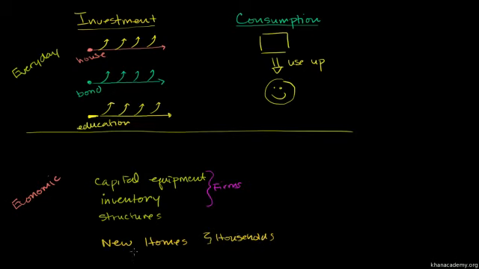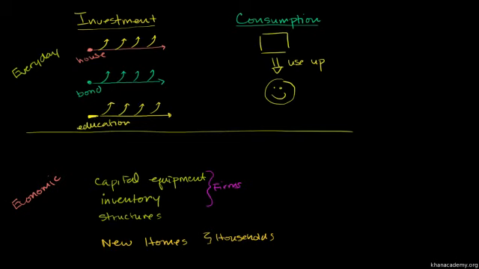Actually, the buying of a house does not show up in consumption or investment because nothing new was produced. Something just changed hands. So whenever we talk about any of these things, especially in kind of precise economic terms, it's the production of new capital equipment, new inventory, new structures, new homes. If I just buy a factory from someone else, that does not add to GDP. It would not be considered investment or consumption because I'm just transferring an asset from one person to another. It would only be added to GDP when it is first created.